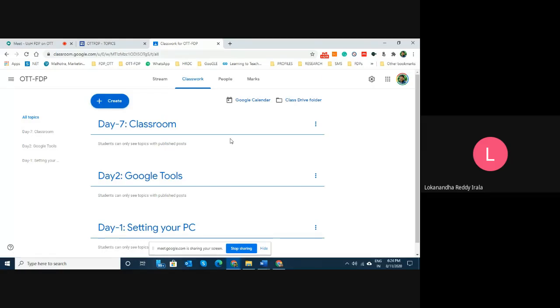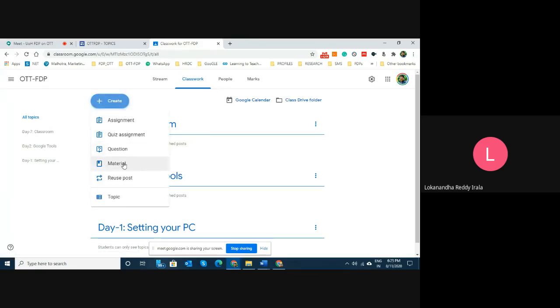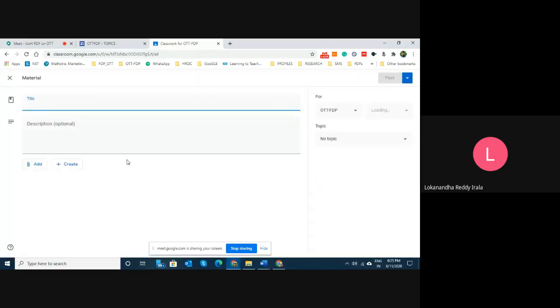And now I want to post some material in day 7 class, and to post some material in day 7 class, go to create and say take material. So material here is how to set up a Google Classroom.